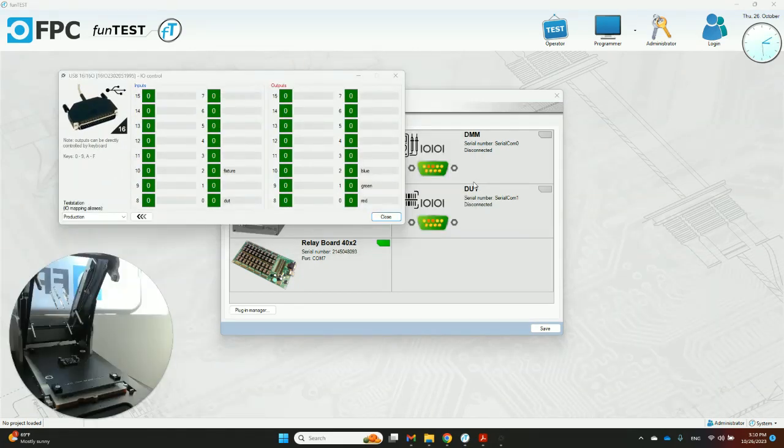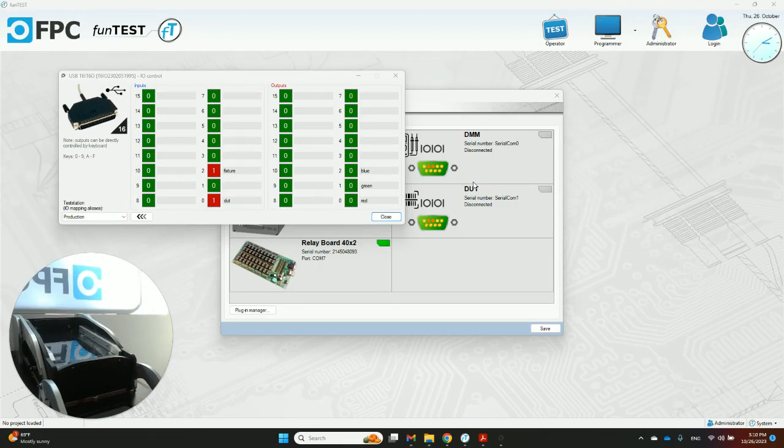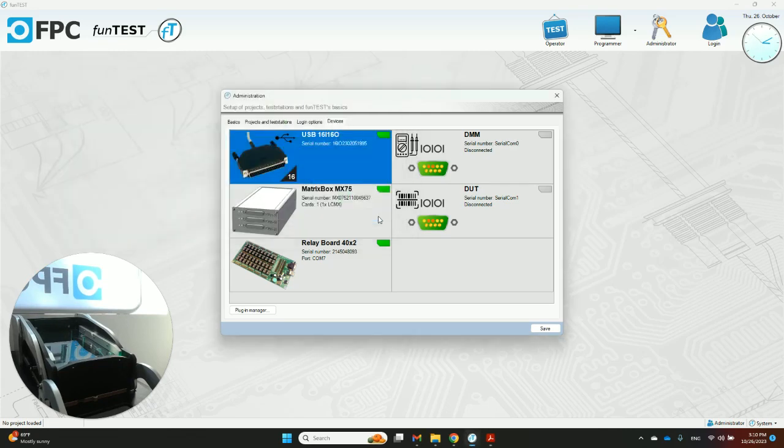Let me switch my camera so you can actually see the hardware test setup I have here. Now, if I close the fixture, I can verify that the correct digital input changes states to 1, and I can also control digital outputs to verify that everything works as expected. Notice that I can name individual input and outputs, which is really useful when I will be referring to them from my test sequence.